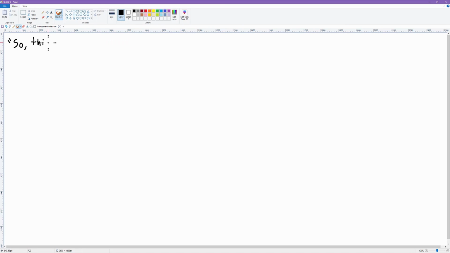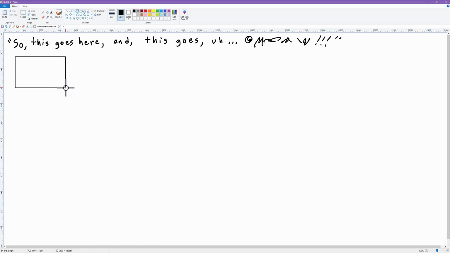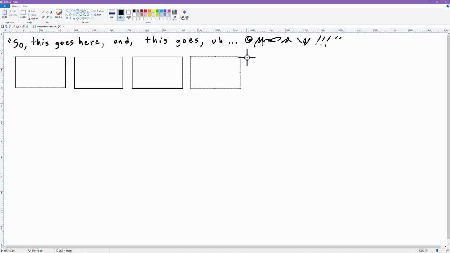So here I've written out my dialogue just so I can keep track of the different beats, and I like to use commas to kind of indicate where the pauses are, which are very important for animation. And then next I'll take the rectangle tool and just draw out some little scene rectangles. I'm not really too worried about getting them accurate to the correct proportions or anything. These are meant to be super quick doodles that don't really matter.